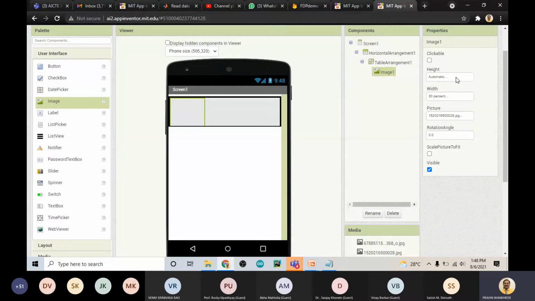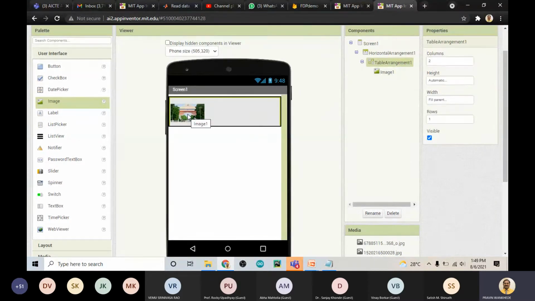So we know what the total height of our horizontal arrangement is. It is 20%, so we'll make the height 20%. Okay, and now see, we'll get the logo there. Fine. I hope you understood this one.